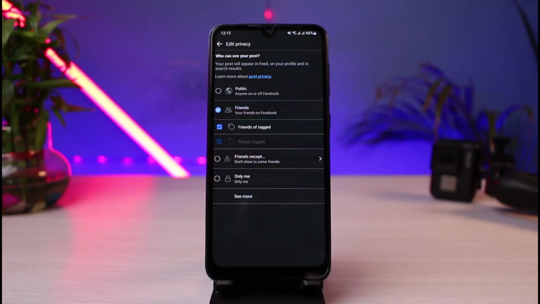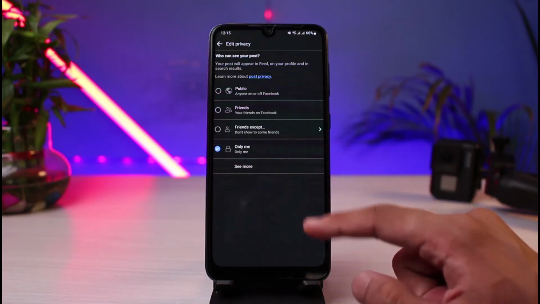When you select friends, people who are not friends on Facebook will not be able to share your post or see it in their Facebook feed and so on. Now unfortunately, there is no way to disable the share button from your friends list. In that case, what you can do is you can simply select only me, but that will also not let